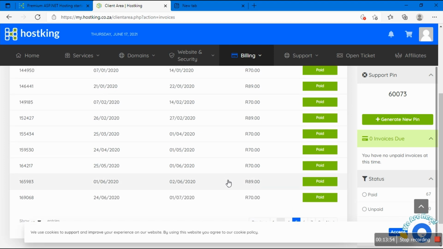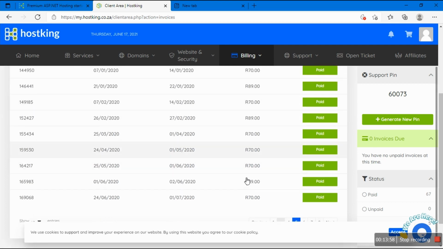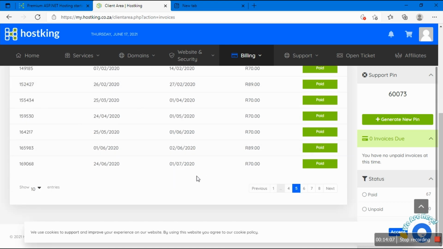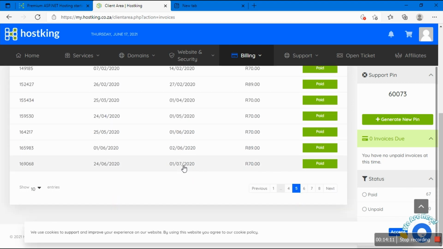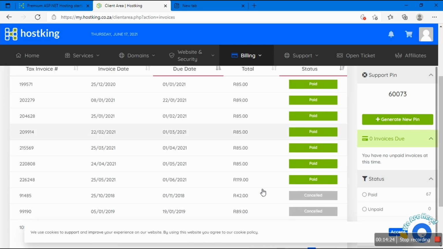Not last month, because I can't see. You see, it's a flaw in the system. I want to know about the most recent amount of money that I've paid. How do I explain this? This one is the 1st of July 2020, and then there's more content. But there's no 2021. That's a problem. They only show me when I cancel domains, but they don't show me the most recent one, the one I paid last month, or should I say this month.